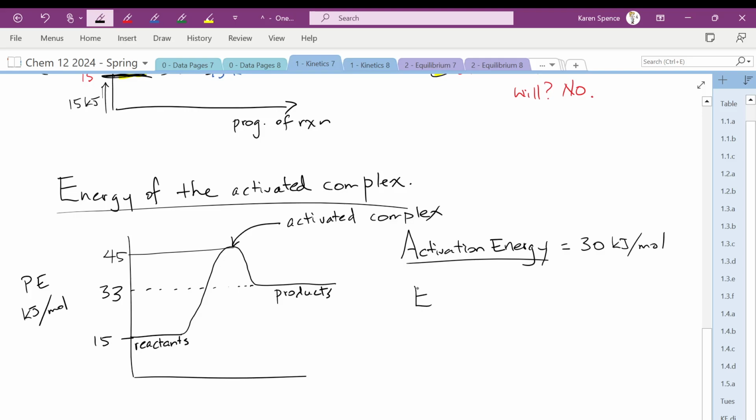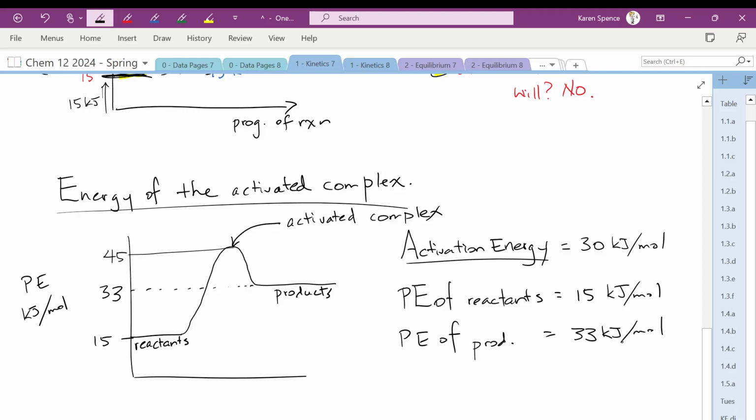What is the energy of the reactants? The potential energy of the reactants. That's 15 kilojoules, yes? What is the potential energy of the products? 33 kilojoules per mole. What is the potential energy, or just the energy, of the activated complex? 45 kilojoules per mole. Do you see the difference between